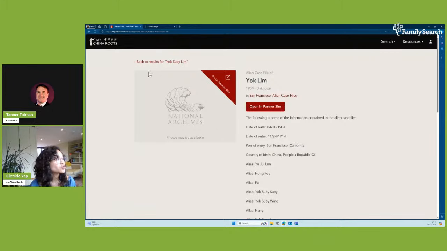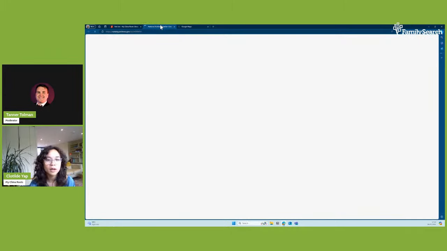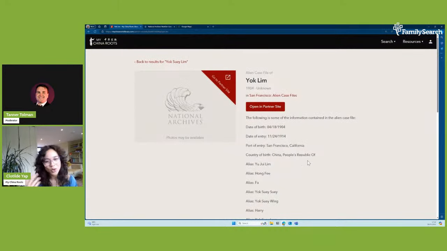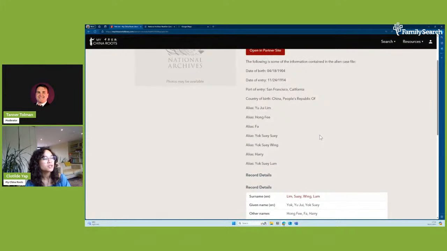So in this case, you can just click the link, go to partner site, and it will open a National Archives record, and you can apply for it directly there. But this is not why I wanted to show you this particular record. The reason why I wanted to show you this one is that this entry lists many different names for this